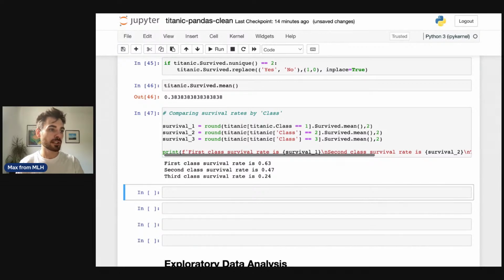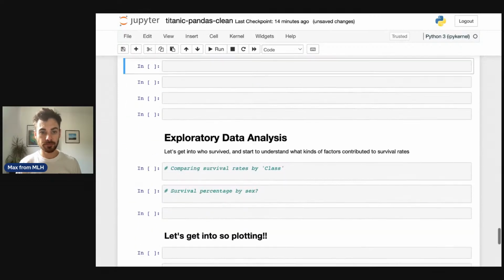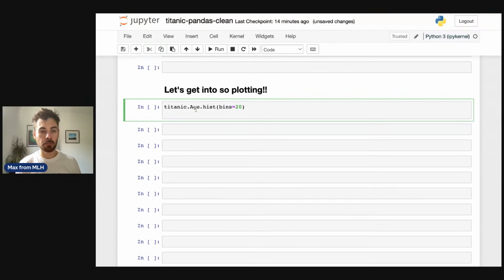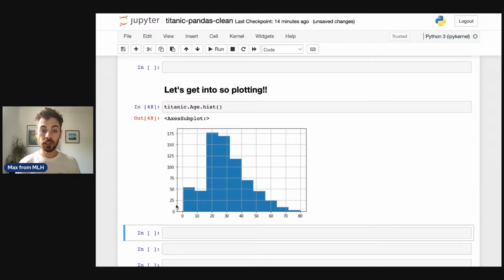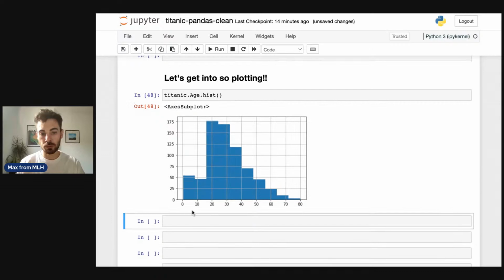What I want to get into next is age and just show a quick data visualization of that. So Pandas has got some plotting built in. So hist is histogram. If we take bins 20 out, we get some plotting straight away, all natively built in. This is showing the distribution of number of people for each different age, which is pretty cool. I'm just going to rattle through a couple of